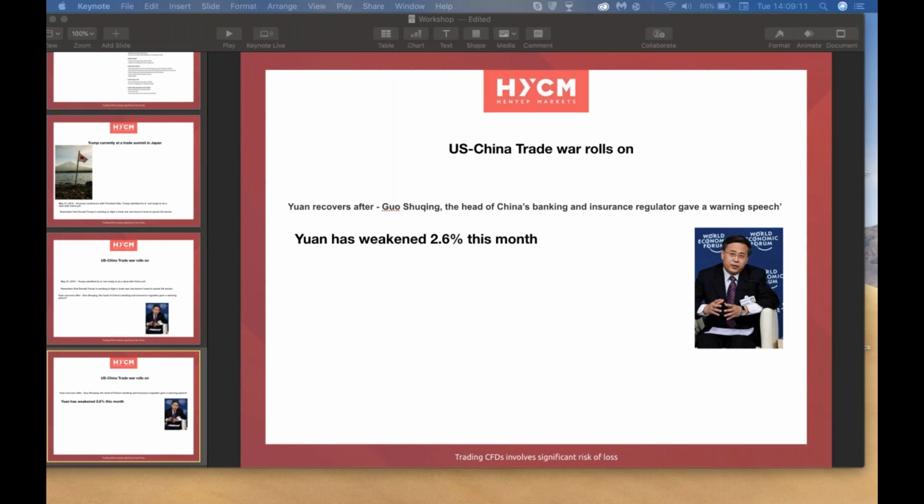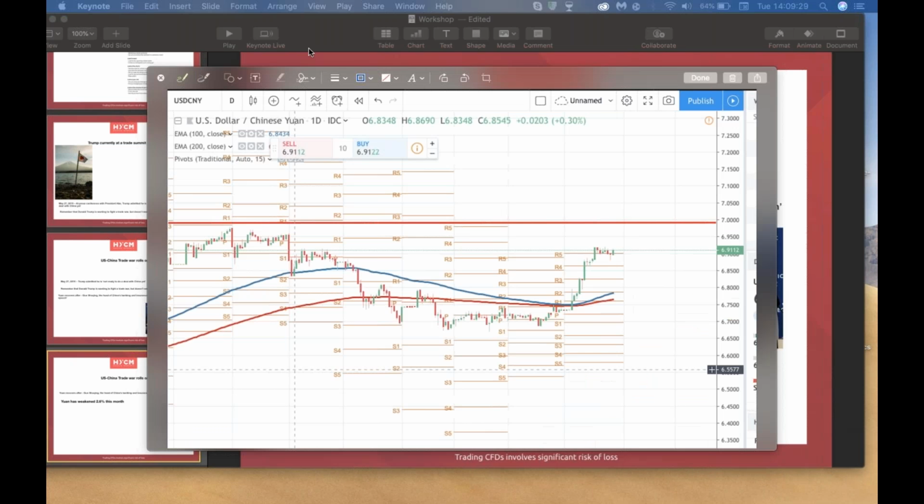So let's just show you the chart here. I'm just going to call up the US dollar Chinese yuan chart here, and you can see, this is the US dollar Chinese yuan chart. It's weakened 2.6%. So you can see since the latest trigger in the trade war that the yuan has just weakened. That's US dollar Chinese yuan up is the weakness in the yuan. You can see it's just weakened, and it's gone through these pivot points, 1, 2, 3, 4, 5th, finding some